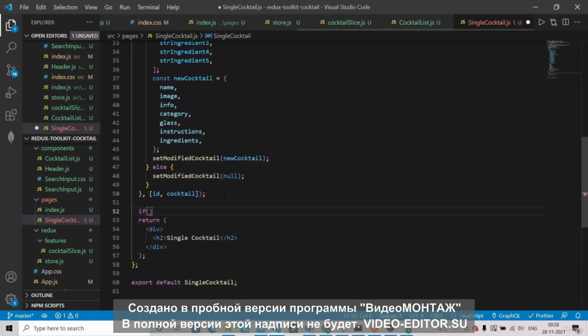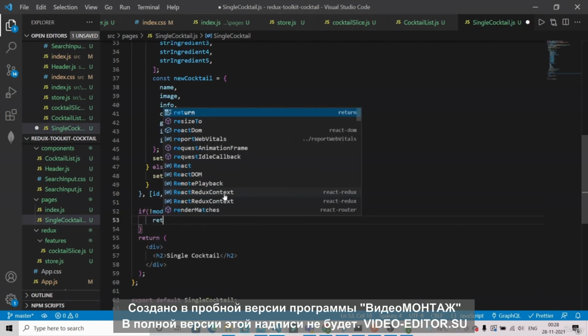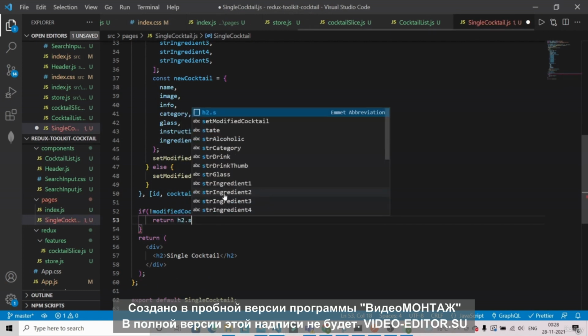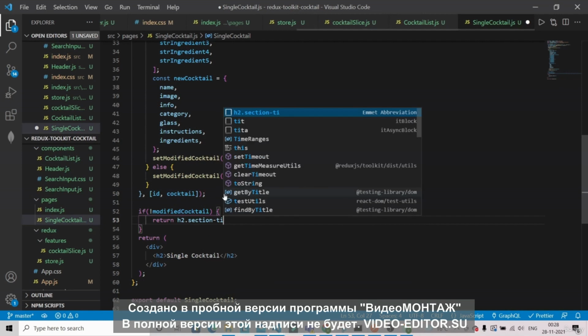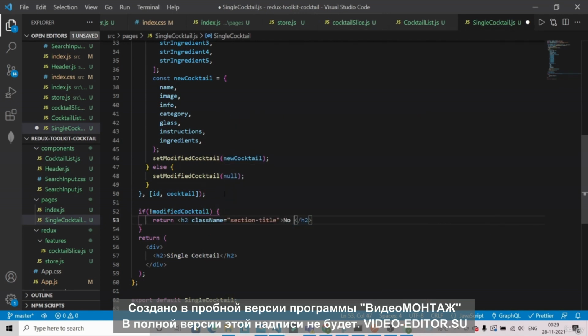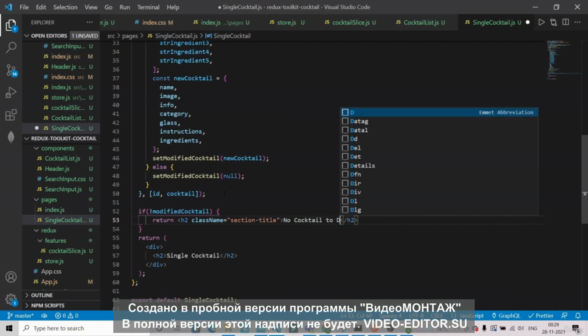And here we have to check if we don't have any modifyCocktail, that means we can return one h2 tag here, with the class name section-title. Okay, and we can give some description like no cocktail to display,